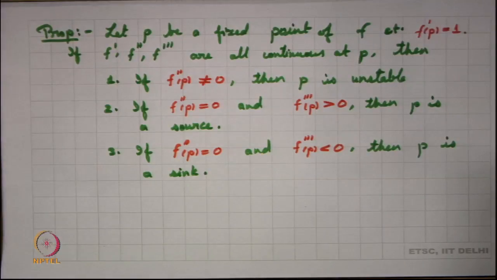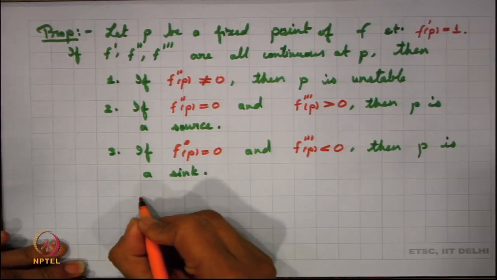And on the other hand, we have that f double prime p is not equal to 0. Supposing I am looking into the case where f double prime p is not equal to 0, what happens in such a case? So, if I look into this case, the first case here, f double prime p is not equal to 0, then I have two cases, either it is greater than 0 or it is less than 0. So, if it is greater than 0,